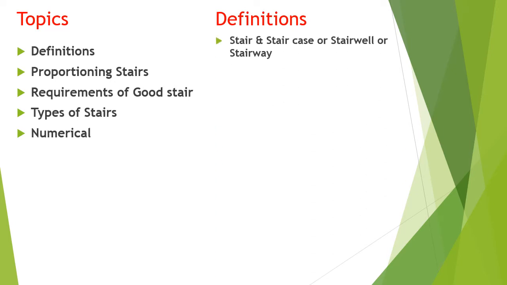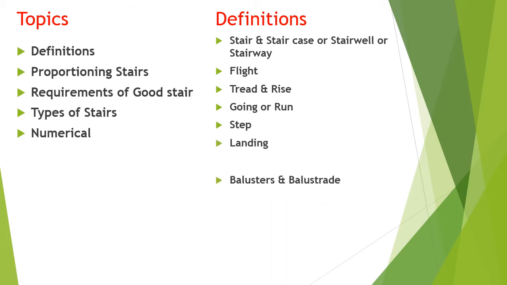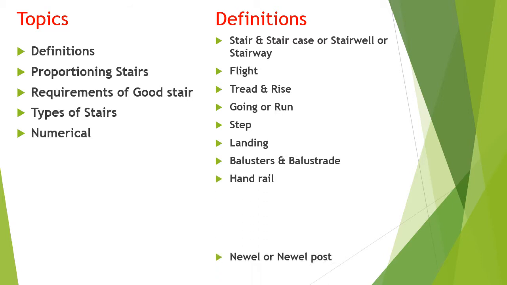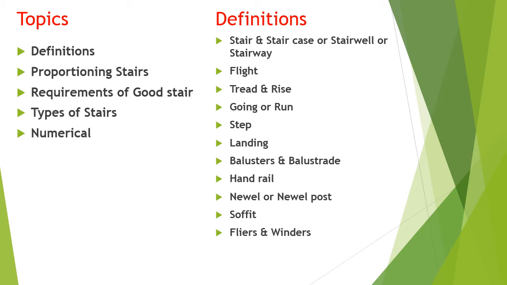Stair and staircase. On the other side, you can see a wall string. This is known as a step. Flight. This is the blocking at the corner at the bottom. The vertical member is known as a riser. The horizontal member is known as a landing. These are the balusters and balustrade. This is the bottom rail, which is known as a carriage. Newel and newel post, string, which we call soffit. Over the post are flyers, handrail, and winders. This vertical member is a baluster, pitch, landing newel. The definitions are as follows.